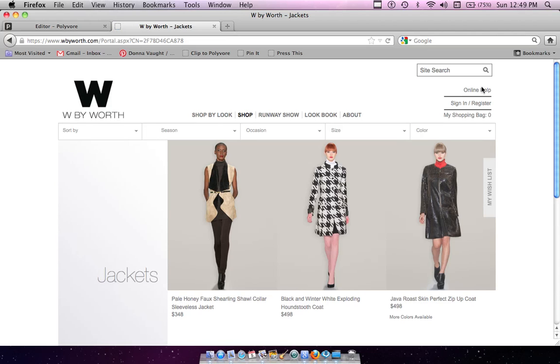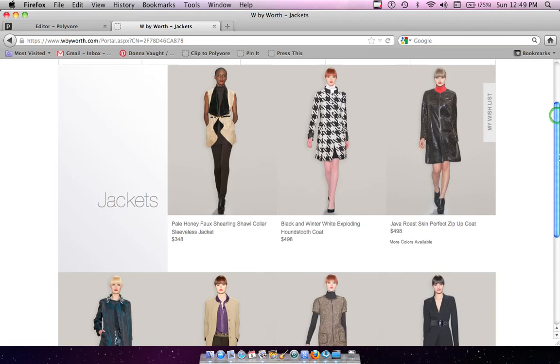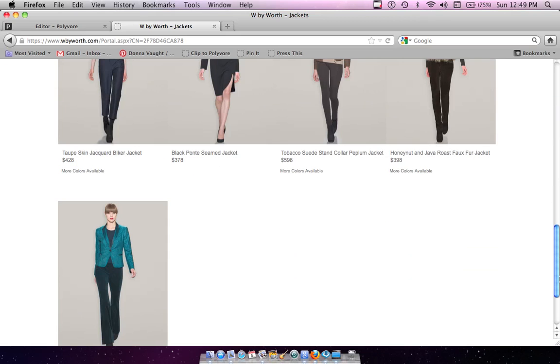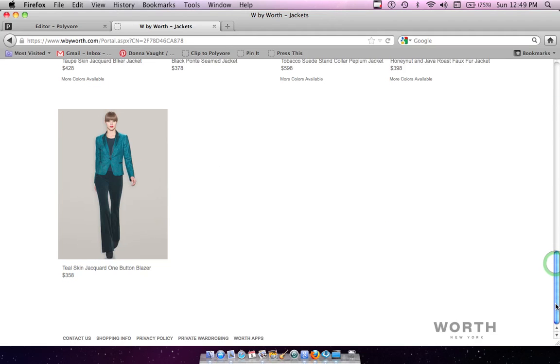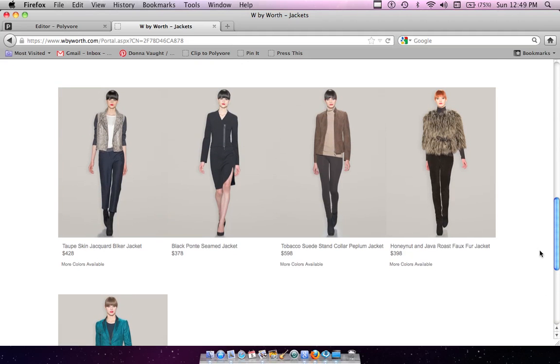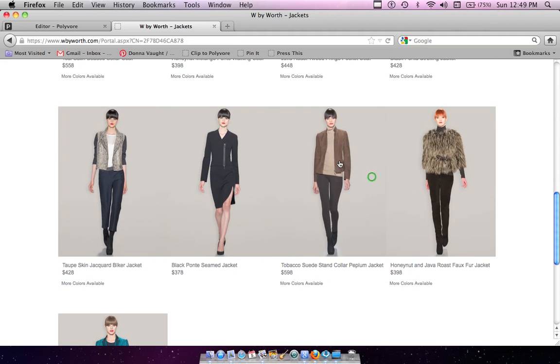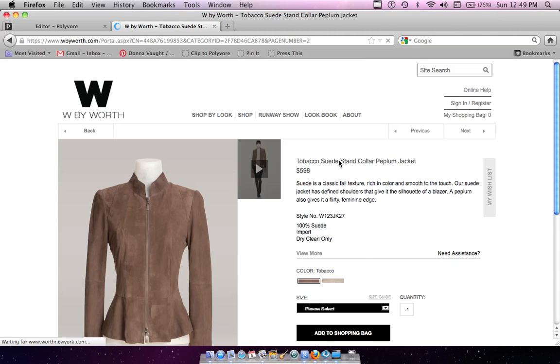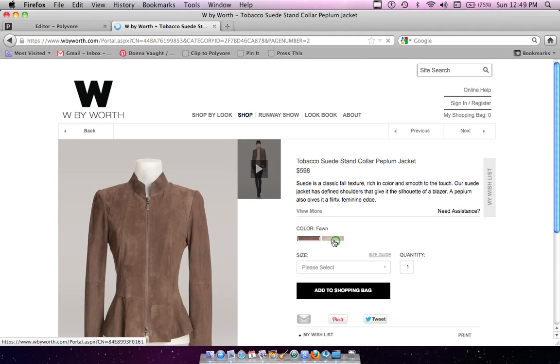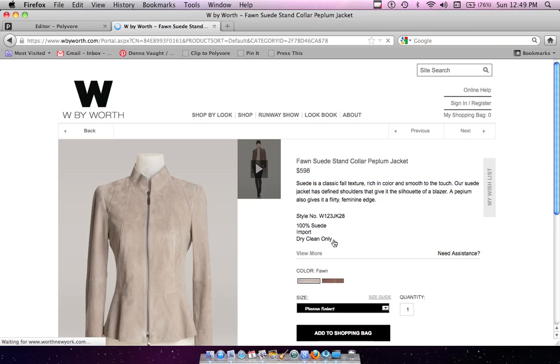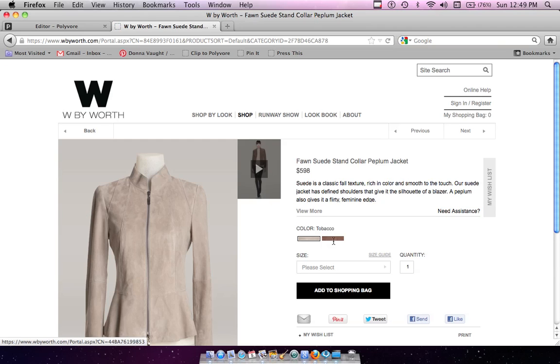and I am going to create a closet using the peplum jacket, the tobacco suede stand collar peplum jacket, and I am going to click here to the fawn color. And now I have the item on my screen that I would like to clip, so all I have to do is go clip to polyvore,